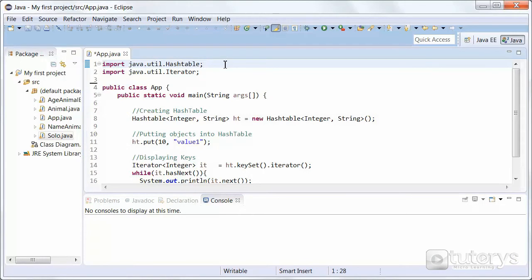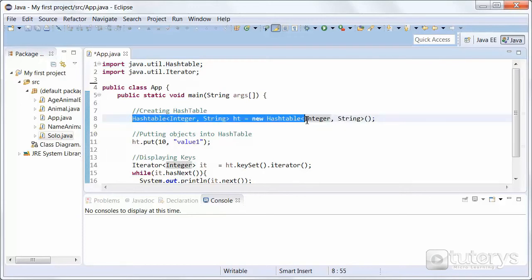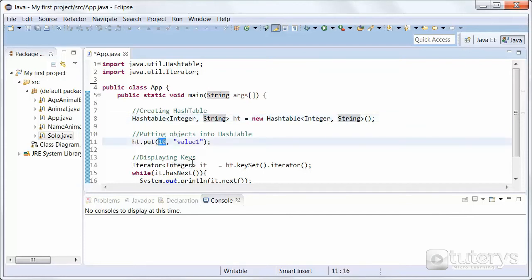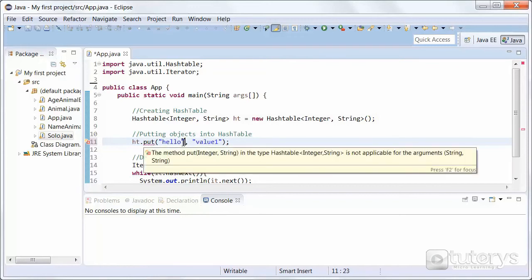In this step, we're going to see how to create a generic hash table, or generified hash table. It's the exact same principle as for the array list. As I said, it's the same principle for all of the collection types. So as you can see, we've created our generic or generified hash table. It only accepts integer instances as keys and string instances as values. If I try to put a string key here, for example hello, as you can see, we get an error. So it has to be an integer,